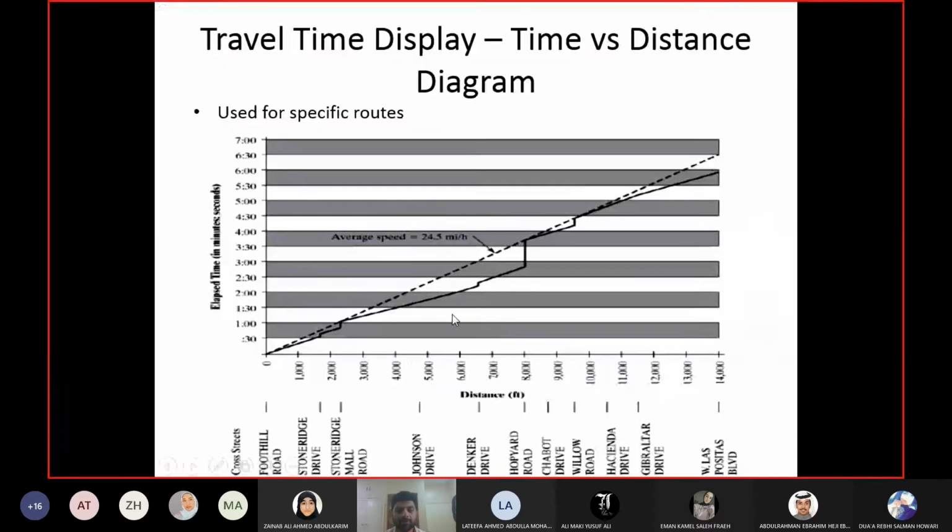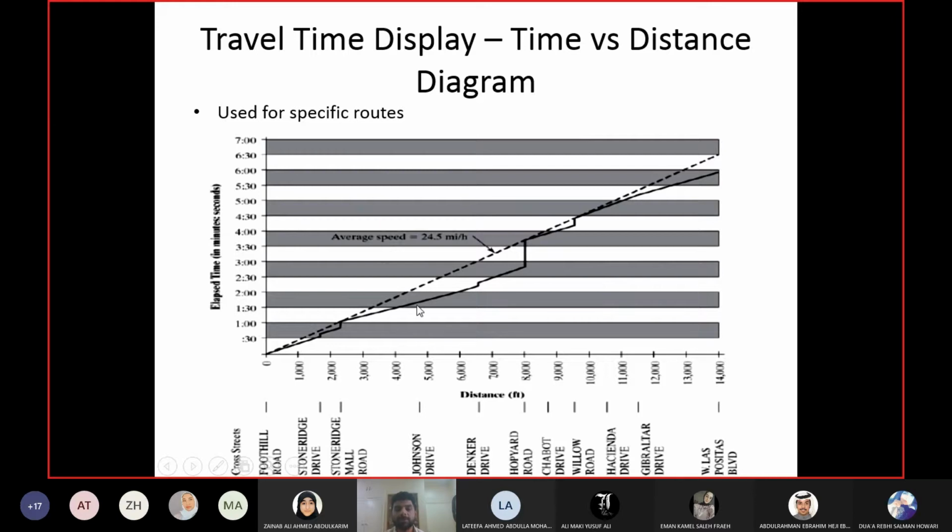So now we have clarified one concept, the average speed line concept: if I take the slope of the line at any location, that will give me the speed of the vehicle on that segment. For example, you can see the slope is changing, right? The slope of the line is different here, here, and so on. Obviously you are crossing so many roads and streets, and every road and street has its own design speed and its own traffic volume. So according to design speed and traffic volume, the speed of your vehicle will also change.